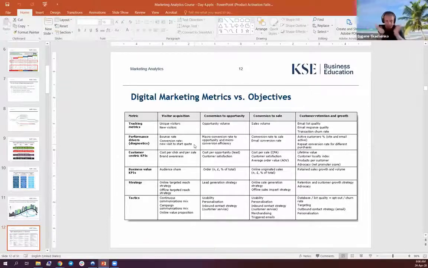Because if you think in terms of long-term goals, you have tactical versus strategic objectives. Tactical, for example: I have a landing page whose main objective is to encourage people to submit a quote, but the landing page is not well optimized. It's not user friendly, so the bounce rate is very high, and people are not actually spending much time on it, meaning quotes are low.